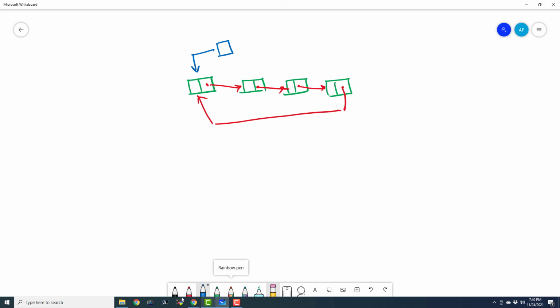And again, if I want to go to the earlier node here, I can just go ahead and traverse the entire list and come to this particular node and perform the action that I want to perform. So again, I won't have to refer to the head node and carry out my operations. I can just go round and round and round. So that is why it is known as circular linked list.